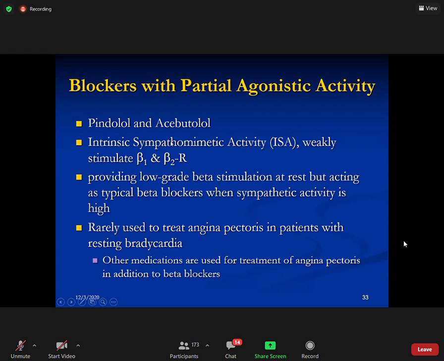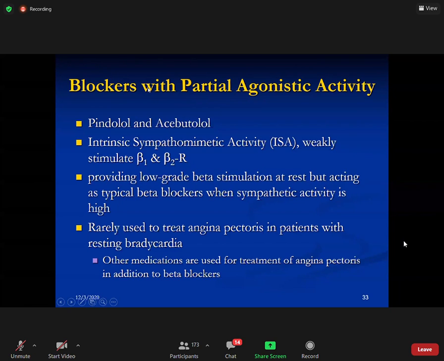They have intrinsic or weak beta 1, beta 2, providing low-grade beta stimulation at rest, but acting as a typical beta blocker when sympathetic activity is high. They are rarely used to treat angina pectoris in patients with what? Resting bradycardia. At least remember, if somebody tells you intrinsic agonistic effect, just relate it to